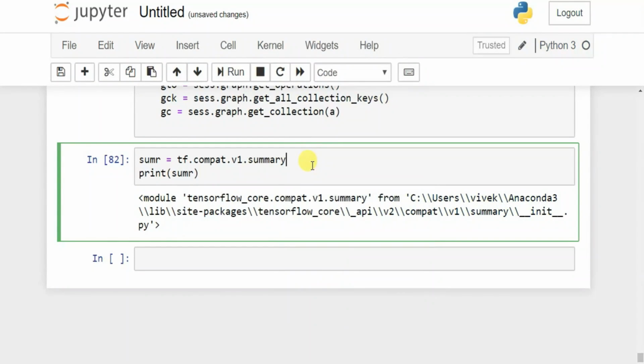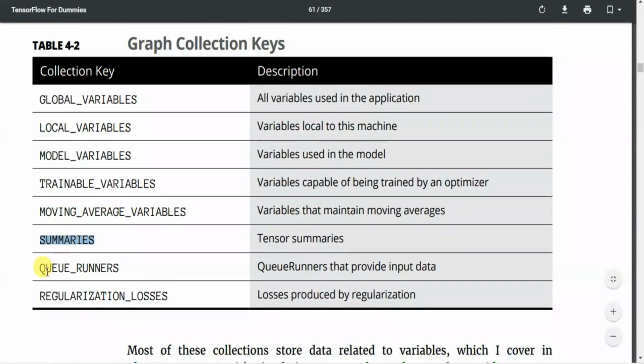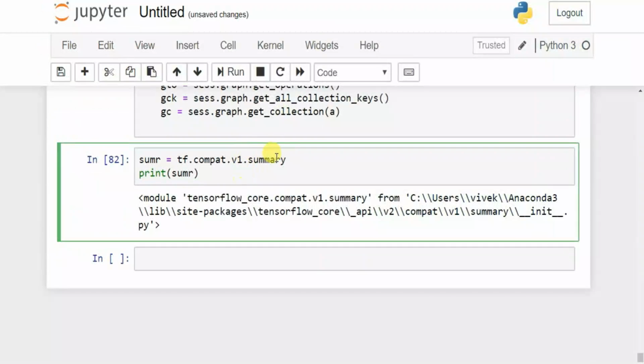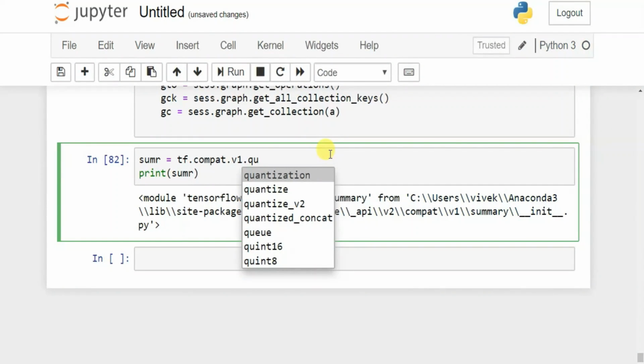So let's try queue runners. Queue runners that provide input data. So I'm gonna copy this queue runners. Let's try tf.compat.v1.queue_runner. So this is a queue runner, not a query runner. Queue runners that provide input data. In here we have to pass the queue.